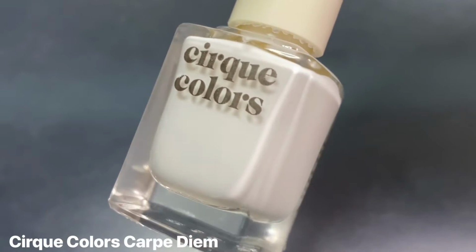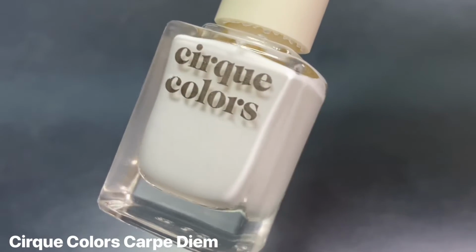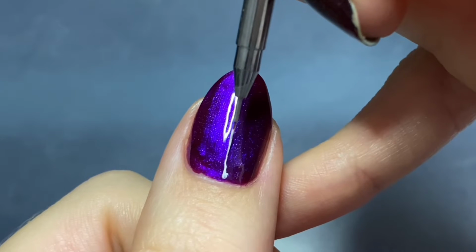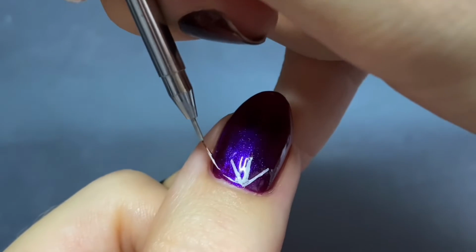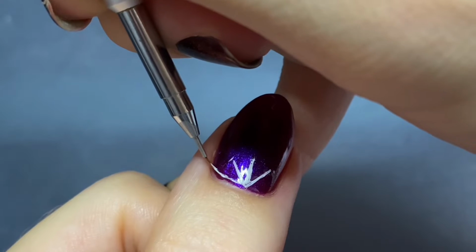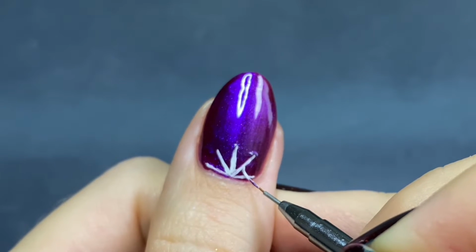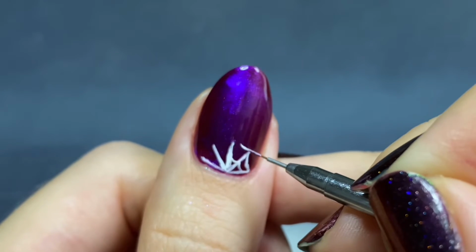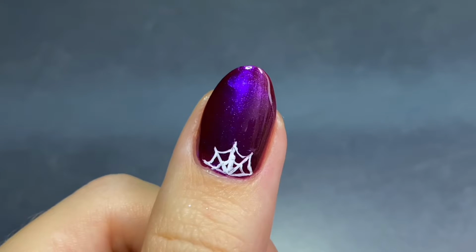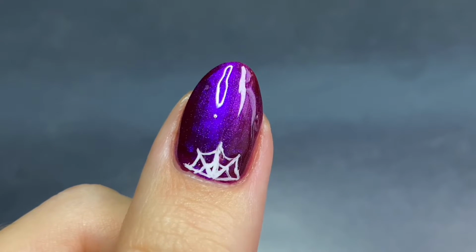But since this base is dark, we are gonna go with a white polish this time to let those spiderwebs really pop. So for the half moon shape, I start by creating the line down the center first, and then creating a V shape, and then lastly the horizontal lines at the base of the cuticle. You could even just start with the vertical and then horizontal, and then do the diagonal ones lastly if that's easier for you. And of course, lastly, we are creating those little curved lines to really finish this look off,